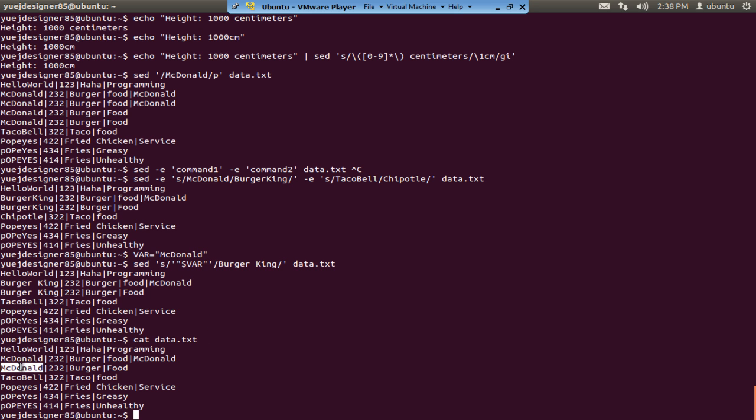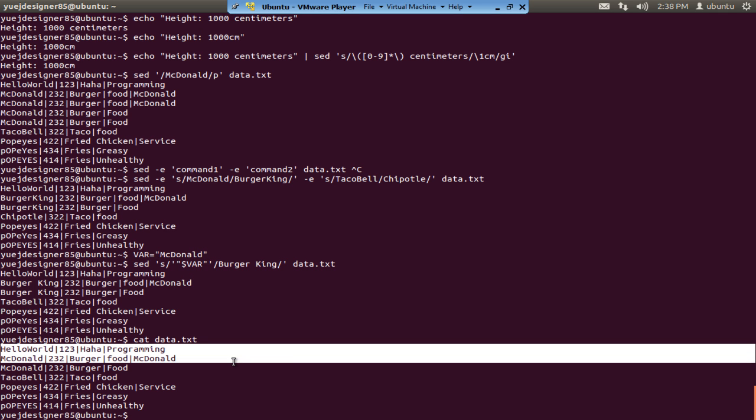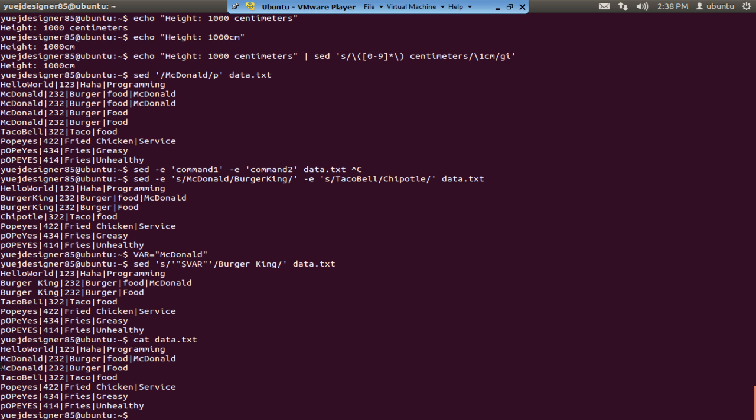McDonald. We have 2 McDonald's, right? So let's say I just want to replace the McDonald at the second line. That's it. I don't want to replace the McDonald on the 3rd line. So what you can do is a set, and then 2, which represents the second line number, and then whatever you're trying to look for,